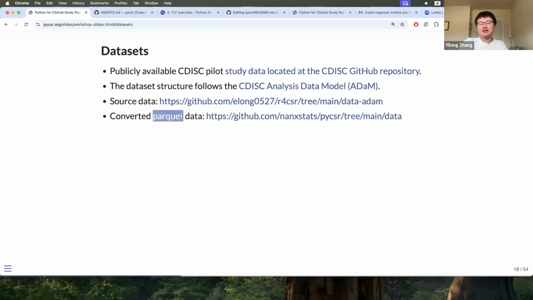This is a similar idea to RData in the R environment: a very condensed binary format that stores not only the data but also its format. So when you load the data, you load it as is and it's ready to go for your analysis. But when we do the submission, we still think about XPT as the format, or Dataset-JSON as an option for the recent movement in the CDISC community, right?